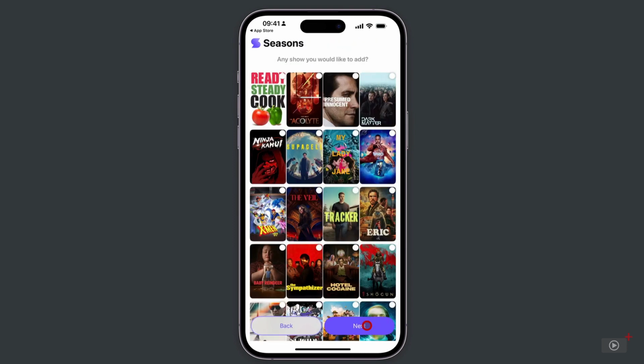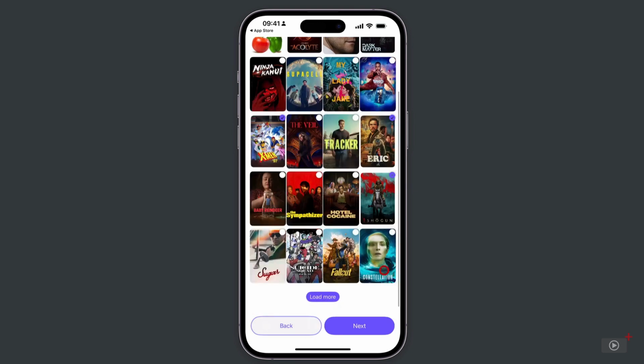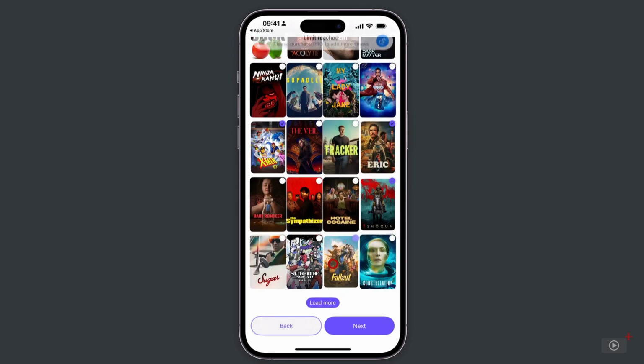And I'll just tap through until we get to this screen, which displays some popular shows at the moment that you're going to add to your watch list. It's okay to run through some of these. So I want the Acolyte. I'll have Dark Matter here, X-Men 97, and Eric here. Let's do one more. Let's do Shogun. That's 5. And then if I try and tap a 6th one, so Fallout, a banner appears saying that our